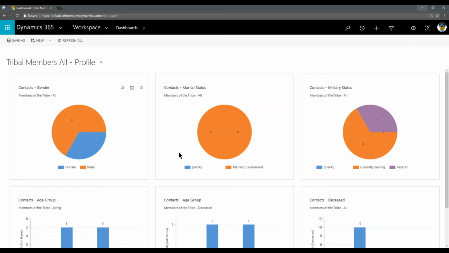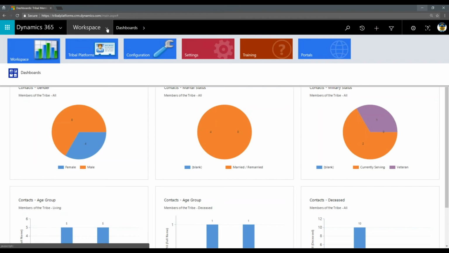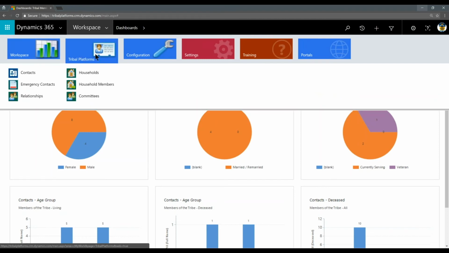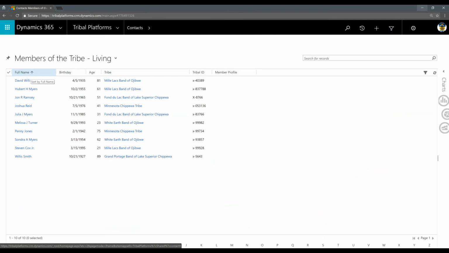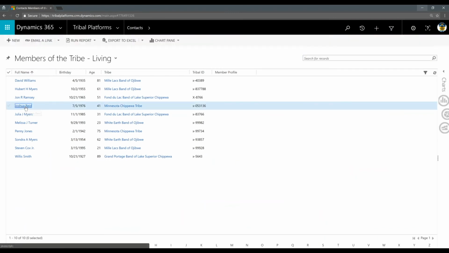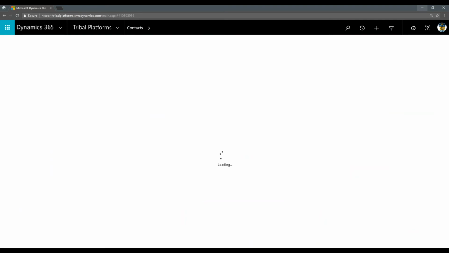So Matt is currently logged in. We can see that he's got his picture up here in the upper right corner. And when he navigates to tribal platforms, he's going to see a little bit less detail than what an enrollment user would see. If he were to go to contacts, and under contacts, if he was going to locate Joshua, who we've been working with in our session today,